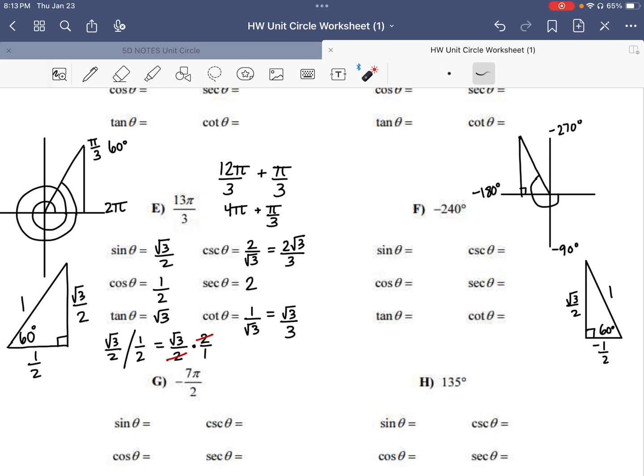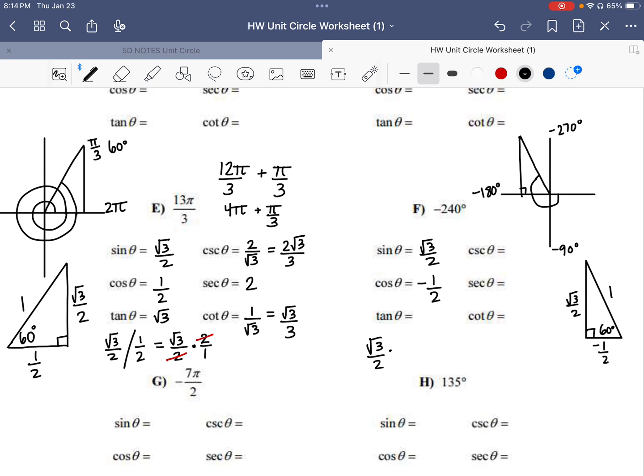So now that we have my reference angle, we can find this. Sine, opposite over hypotenuse, root 3 over 2. Cosine, the adjacent side, divided by 1, so that's just negative a half. Tangent, opposite over adjacent. If I divide by negative a half,